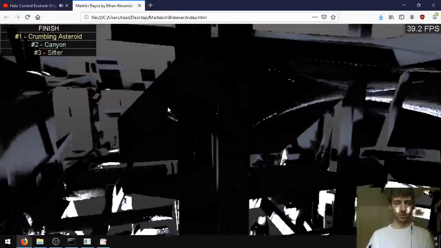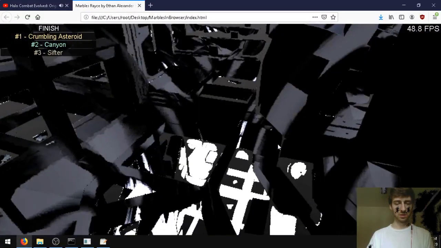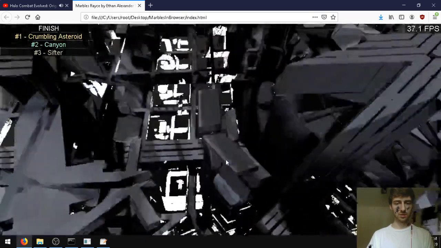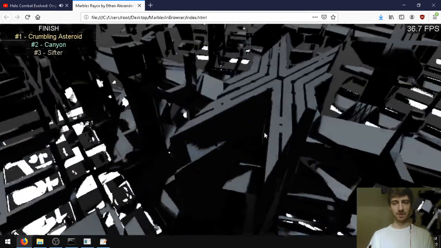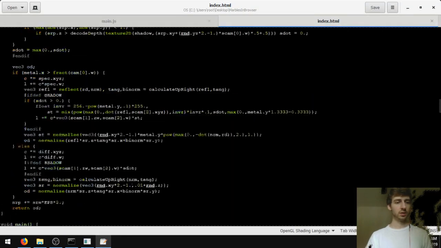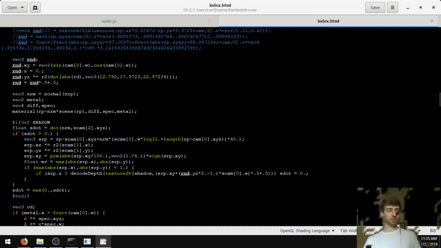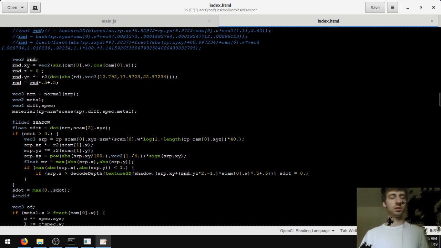Whoa. Alright, that definitely doesn't update quick enough. It actually looks pretty uniform. Just seems like it isn't going across based off the ray direction or something. Yz equals